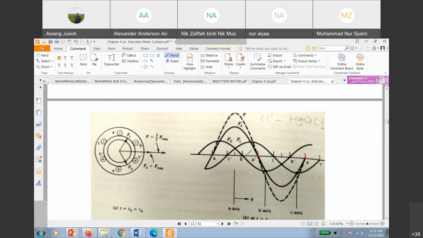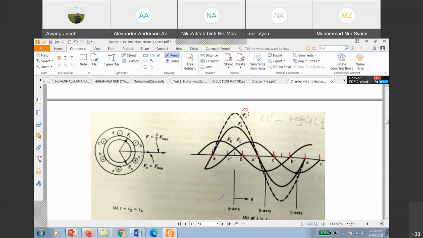Phase B, this is phase B. Phase B just now negative. So A, B, and B negative half. You can see that B bar negative half. Then you follow, the following. And C also negative, half. And you got three MMFs, A, B, C. So if you add this waveform, A, B, C, you got the dotted one, which is the resultant flux, you call it.